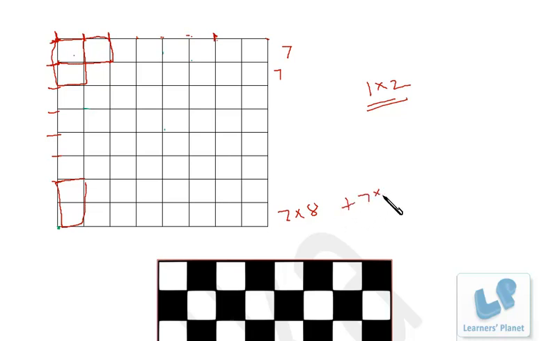So plus 7 into 8. So precisely it is 56 into 2. That's 112 rectangles. I'm sorry, not squares, rectangles. 112 rectangles will be there of size 1 by 2, 1 centimeter by 2 centimeter. Maybe 1 is length and 2 is breadth, and maybe 1 is breadth and 2 is length. Okay. So this is how we can calculate. In a similar manner we can calculate 1 by 3. Okay, let's see.